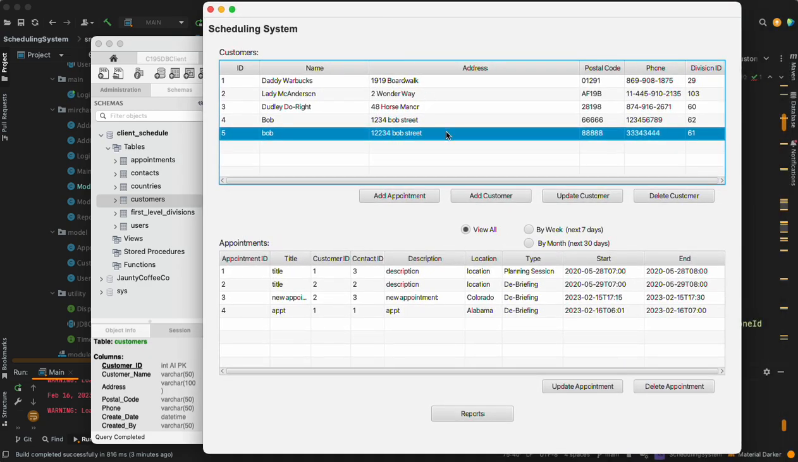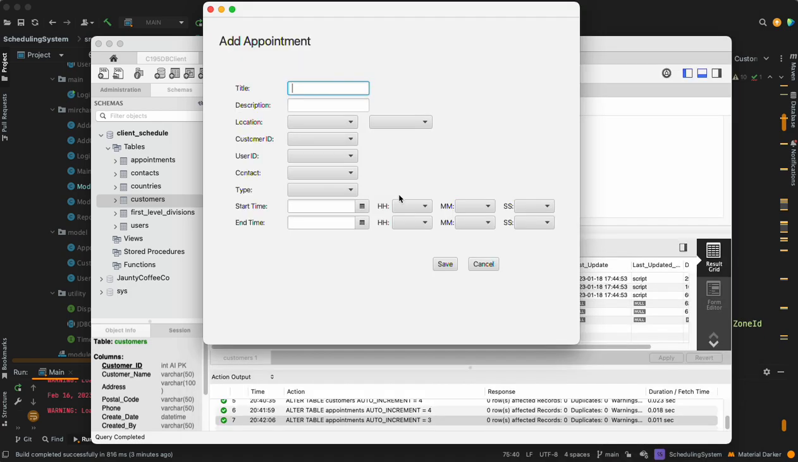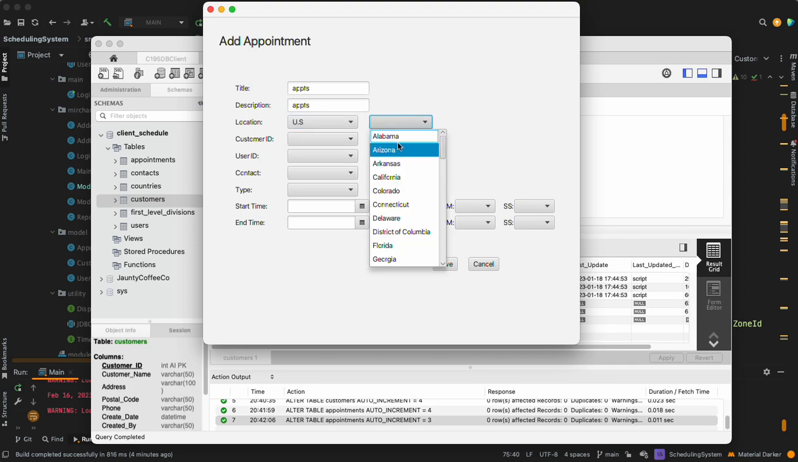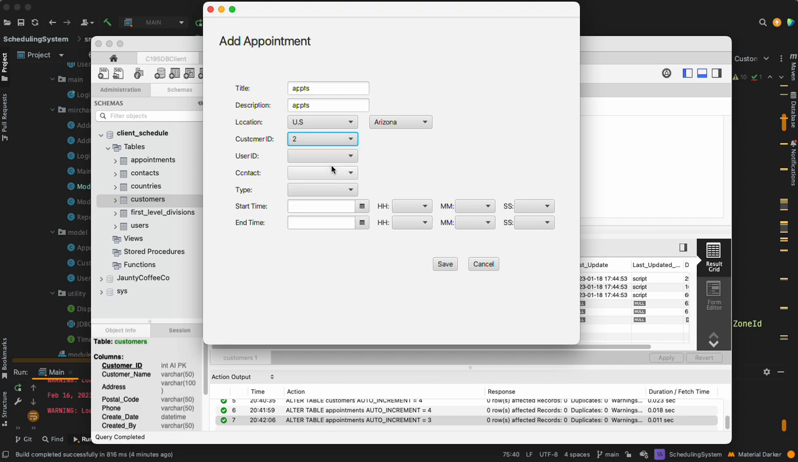And so that's good. We can add an appointment also, so I'll quickly run through this demonstration as well. We'll just call this APPT. In fact, I think I have one from the first take. We'll call this APPTS as a test appointment. And we'll just quickly pick whatever here for the customer ID, the user,